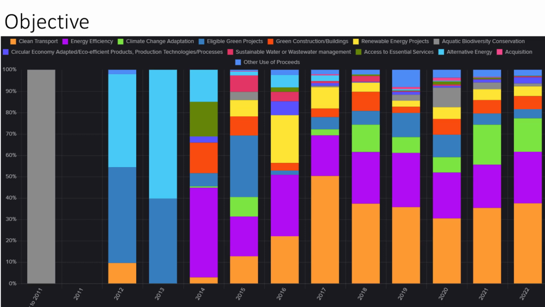Then circular economy adapted eco-efficient products, production technologies, processes. Also recycling stuff. In this case, we can see that this is highly marginal. Which is interesting because the EU even has projects related to this one. So this summer in Szeged, they opened the new recycling facility which now processes 60% of all plastic materials to be sold on the market as raw materials. So even if we had something in Szeged, then I think it's a highly evolved and marketable product.